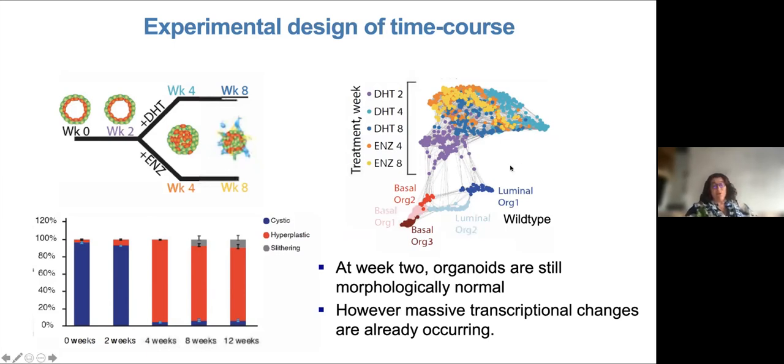And even at 2 weeks, while the organoid is morphologically cystic and normal looking, you have a complete mess up, and you lose a clear identity, a lack of separation between luminal and basal identity, which only continues to get worse. And what you're seeing here is every single dot here represents metacells.